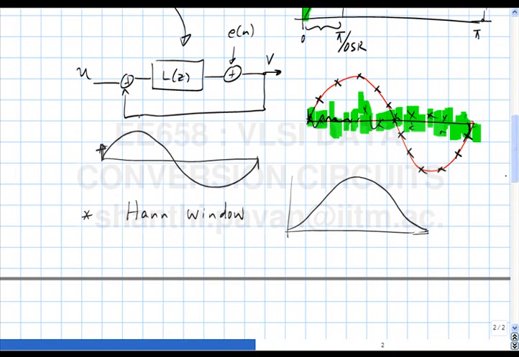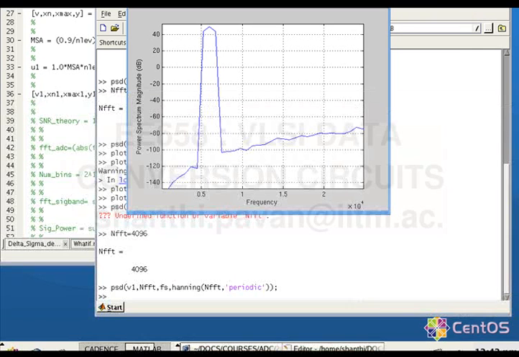While the Hann window definitely reduces the problem due to discontinuity of this quantization noise waveform, it also smudges the input signal, the input sinusoid, across 3 bins rather than 1 bin. Okay. So this is how it looks, okay,